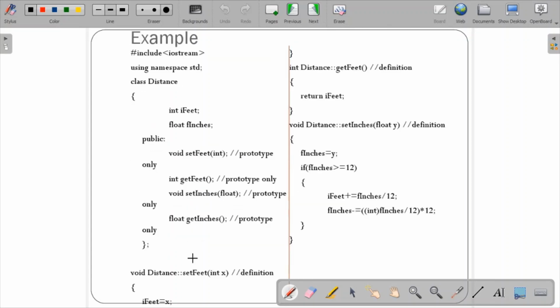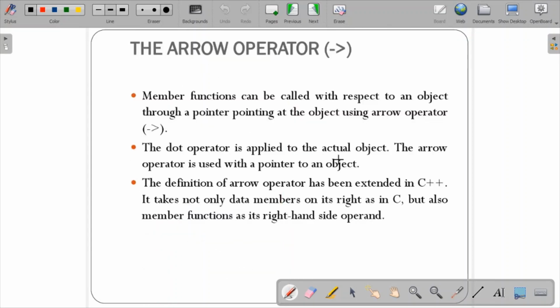Okay, so here the first statement is clear. The dot operator is applied to the actual object. We had seen d1 dot setFeet1. This is what we were doing with the dot operator, but when we compile, what actually happens is that the address of d1 comma 1 is passed to setFeet in the function call within main.